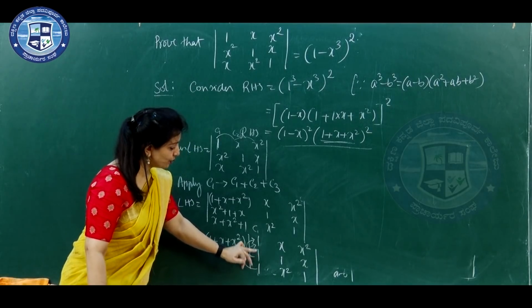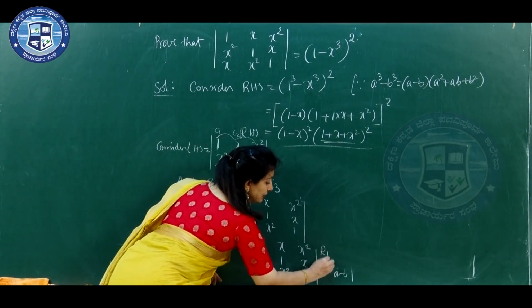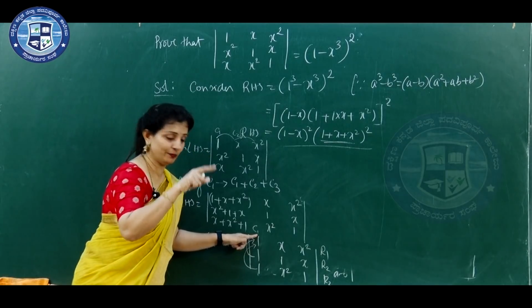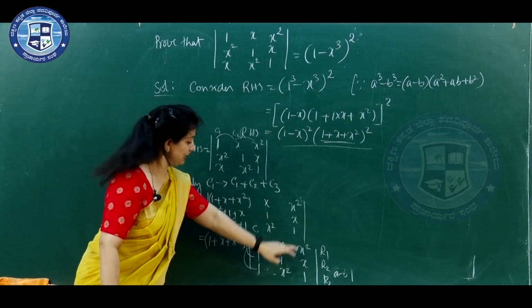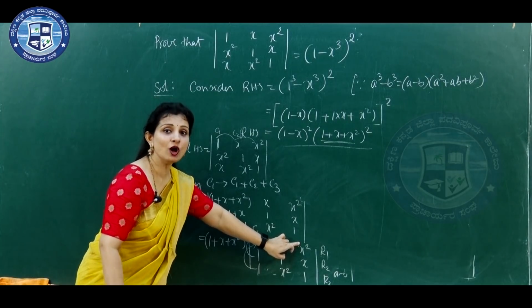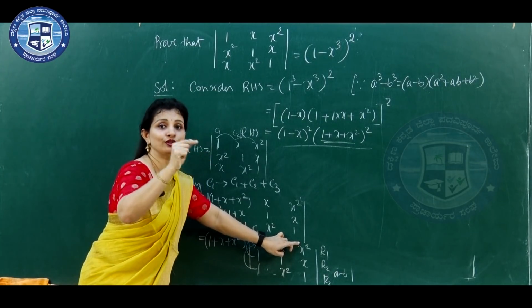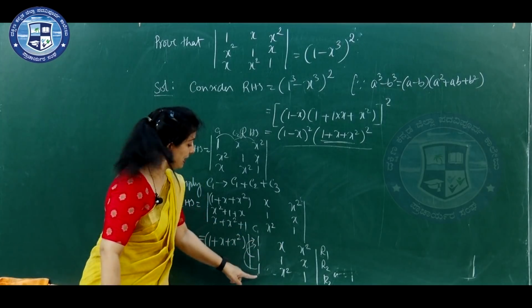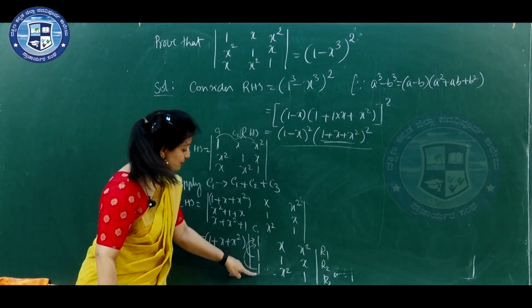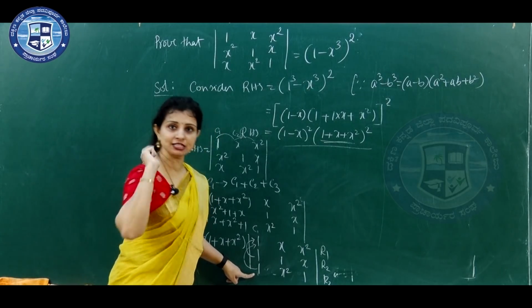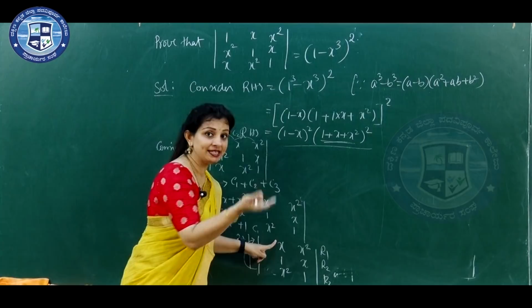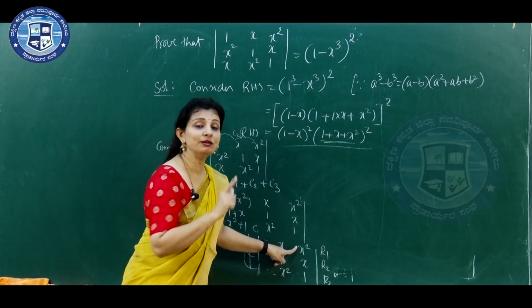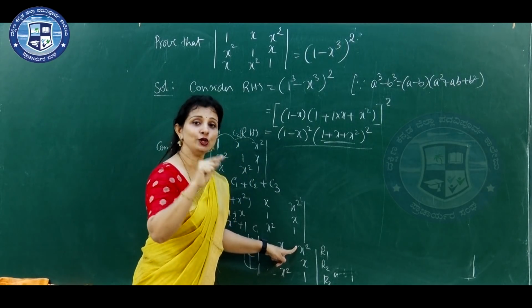So, when you do R2 minus R1, this is R1, this is R2, R3. Now, R2 minus R1, when you subtract, 1 minus 1 is 0, then 1 minus x, which is a factor here. Then x minus x square, x is common, we can take the common term x out, so we will get 1 minus x again. So, R2 minus R1 is a better option, and R3 minus R1 is also possible, 1 minus 1 is 0. Our aim is to get maximum zeros. X square minus x, we can take out minus x, so that it is 1 minus x again. Then 1 minus x square can be written as (1 minus x) into (1 plus x).